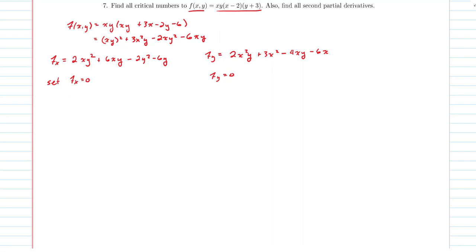Before I go any further, folks, I want to tell you this, that there is no single strategy for finding these zeros. There is no single strategy for finding critical numbers. And the reason why is because typically we're solving what's called a nonlinear equation, and there isn't a single strategy for that like there is for linear equations. You will often try some substitution techniques. You got to see some examples in the My Math Lab for this,